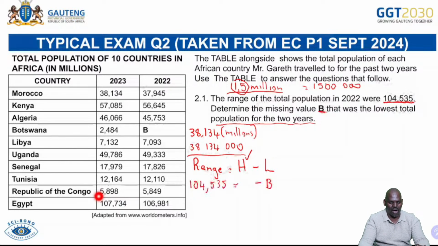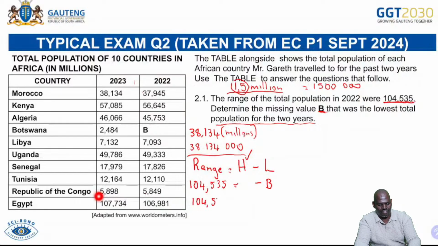Then obviously our highest value will come from all these values. If you look at all this, the highest value is 106,981. I'm going to rewrite: 104,535 equals 106,981